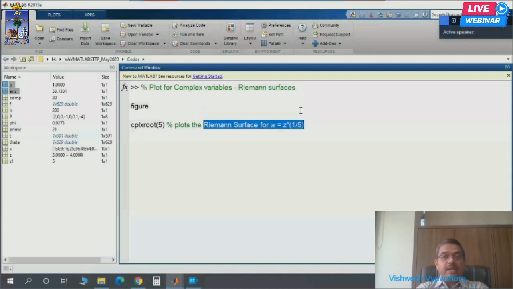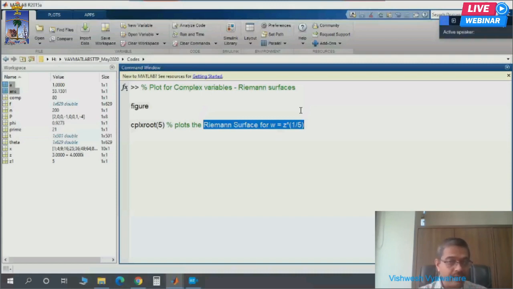But the moment you consider 1 as a complex number, 1 plus j0, and take that to the power 1 by 5, then you get 5 roots for this 1 to the power 1 by 5.